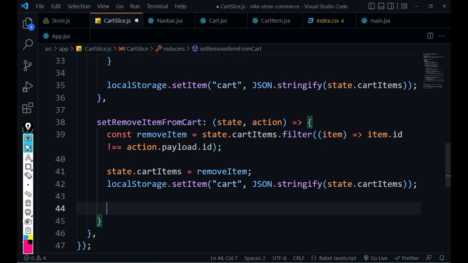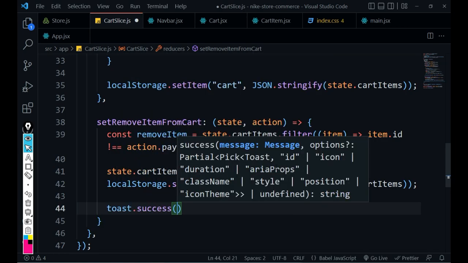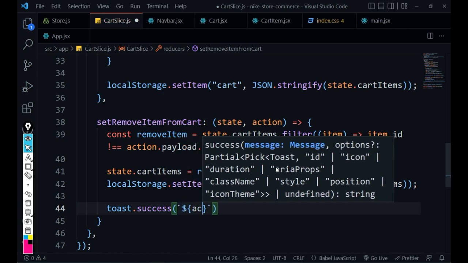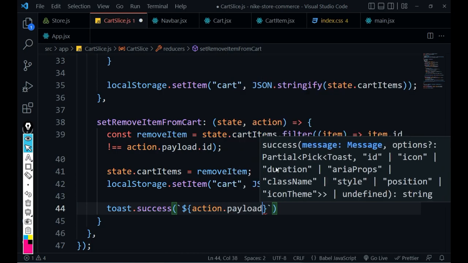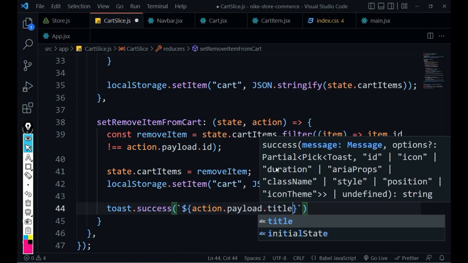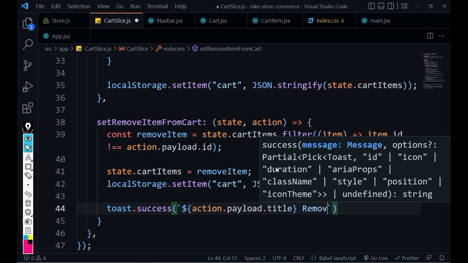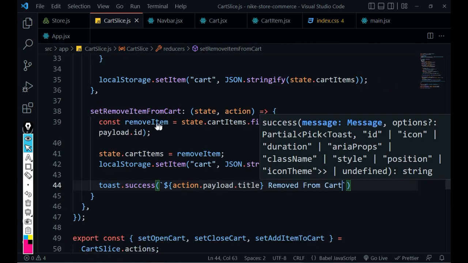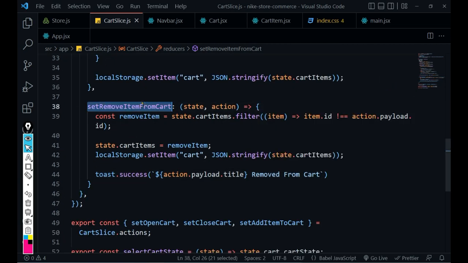Okay, and define a toast success with backticks, action.payload.title removed from cart. Okay, so let's send this action creator into actions,